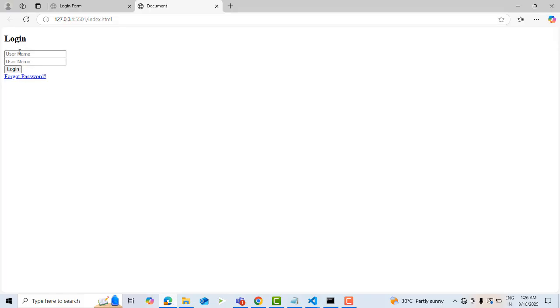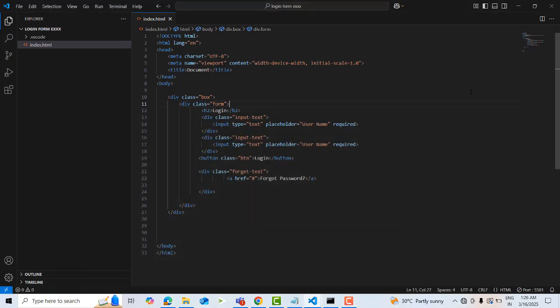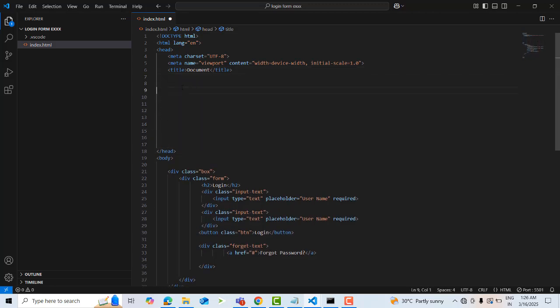Here, without styling, you have a simple login form. Now we have everything we need to style the form. First you have to style the form. Inside the head tag, you have to type it, you start with the style tag,